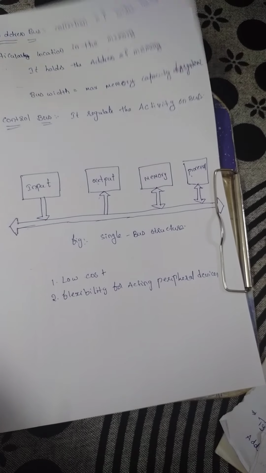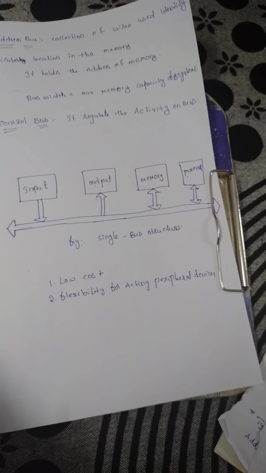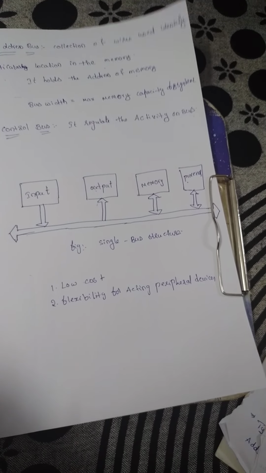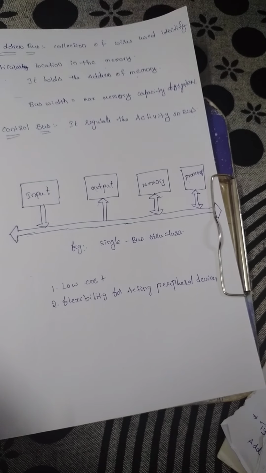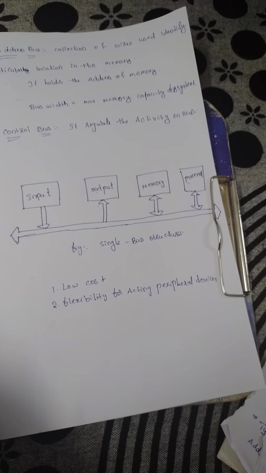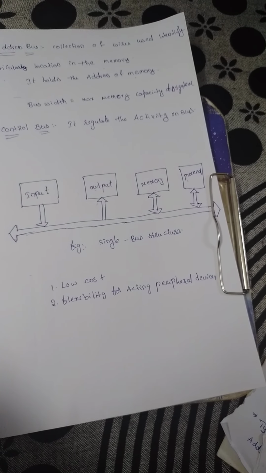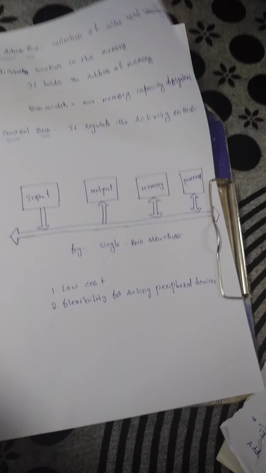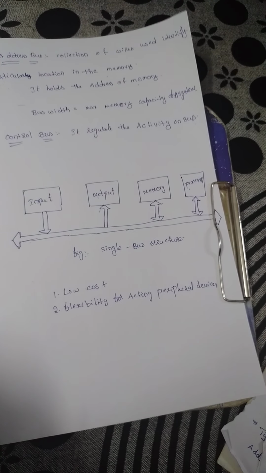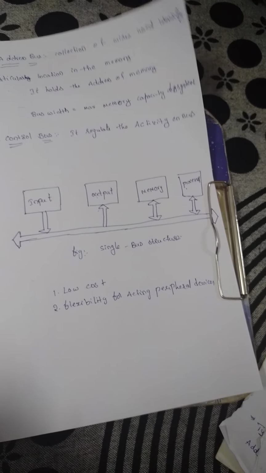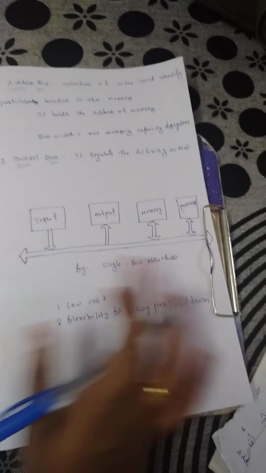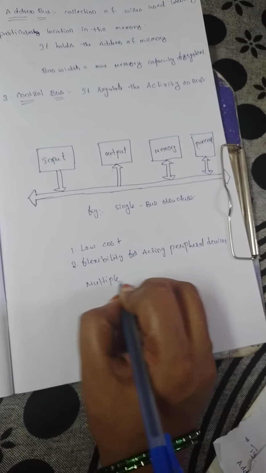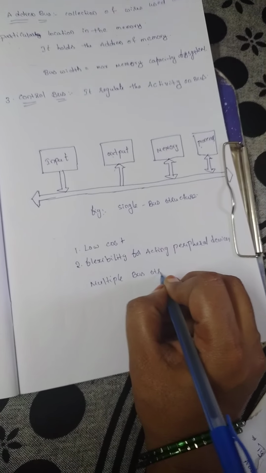If we are using multiple buses, they achieve more concurrency in operations, meaning multiple operations can be performed in parallel by allowing two or more transfers to be carried out at the same time. It increases the performance, but the cost is increased. This is the drawback. So in case of multiple bus structure,